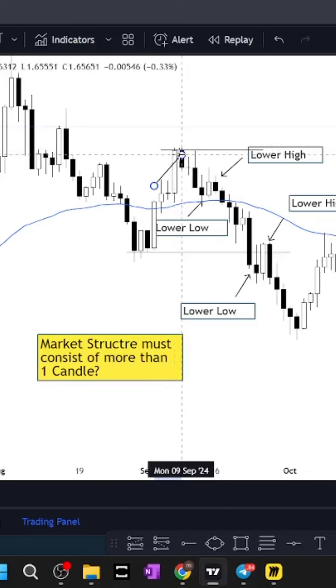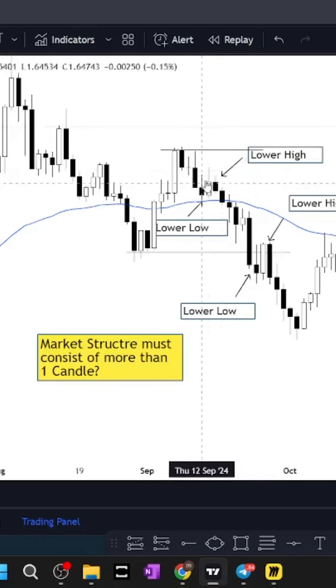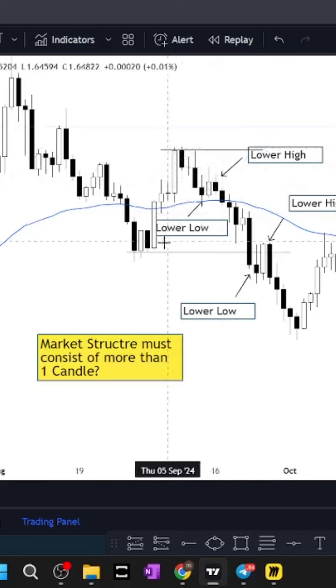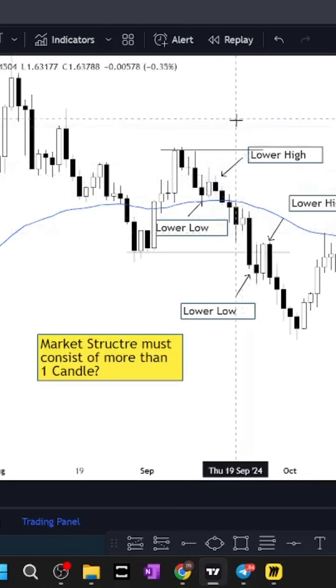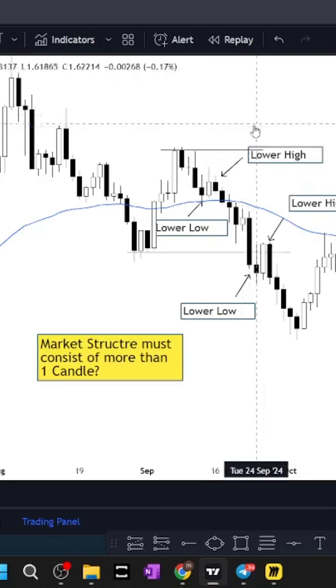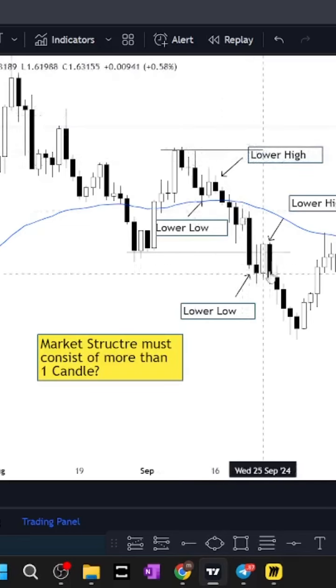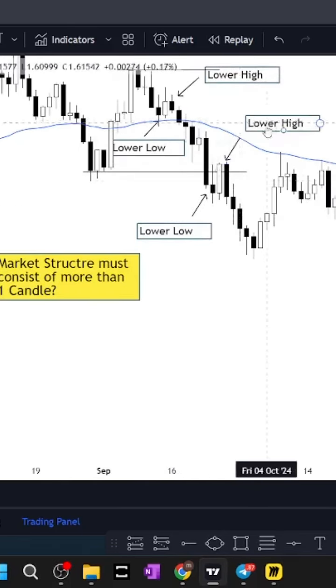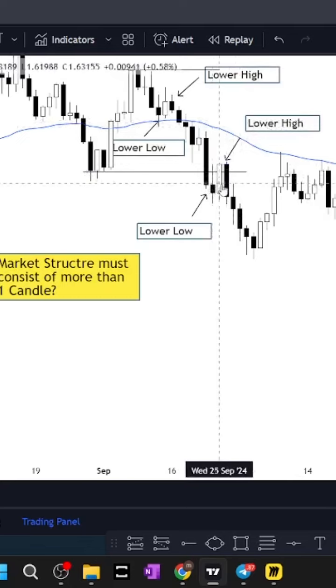Many people right now will think that this here is a lower low and this is a lower high. This is not a lower high because you are still in this swing. Anything that happens between this point and this point does not matter. If you break above it, then you will form a higher high, then a higher low. If you break below it, you will then form a lower high, and then that will be your lower